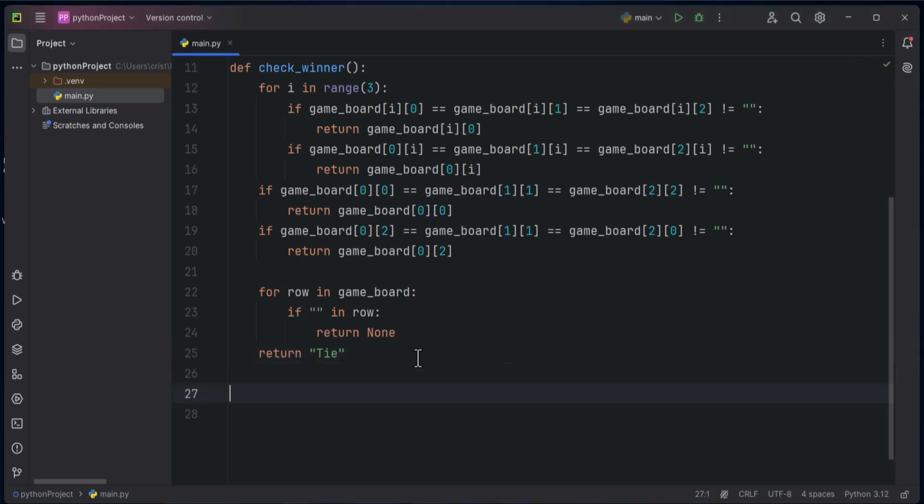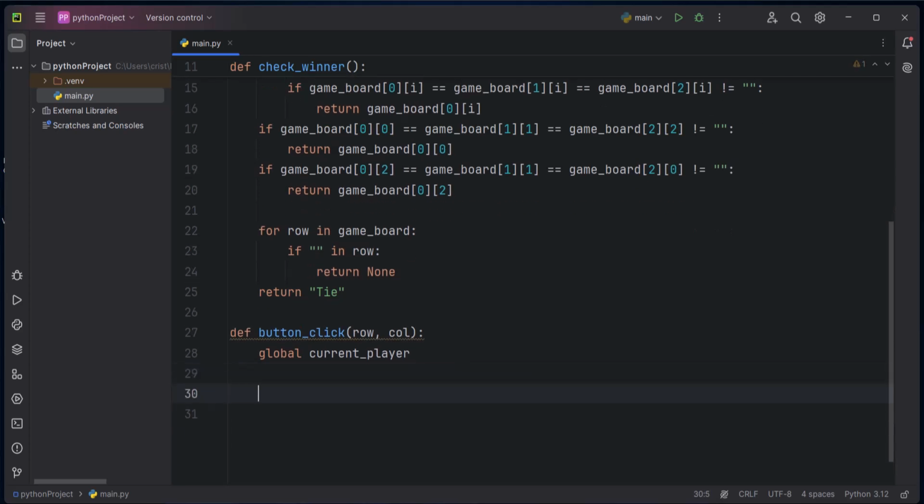Next, we are going to define a function. So I'm going to type def button_click. We're going to have two parameters, row and column. I'm going to type global current_player. I'm going to use the global variable for the current player. And first we need to check if the cell is empty before allowing a move. So I'm going to type here if game_board[row][column]